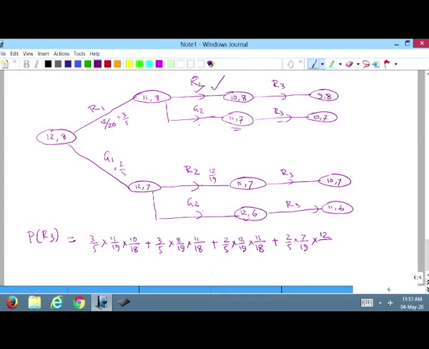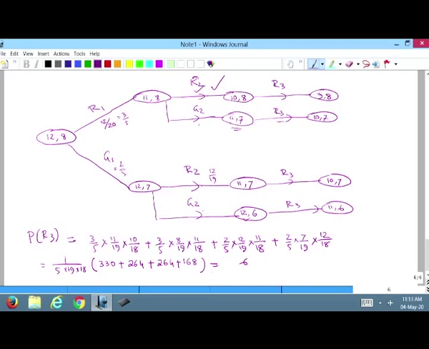So, that is 12 upon 18, is equal to 1 upon 5 into 19 into 18 multiplied by 3 into 11, 33 into 10, 330, plus 3 into 8, 24 into 11, that is 264, plus 12 into 2, 24 into 11, that is 264, plus 7 into 12 is 84 into 2, 168,